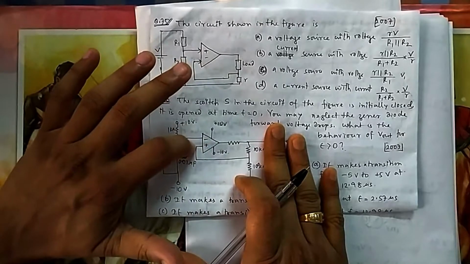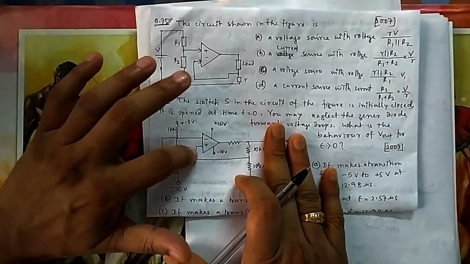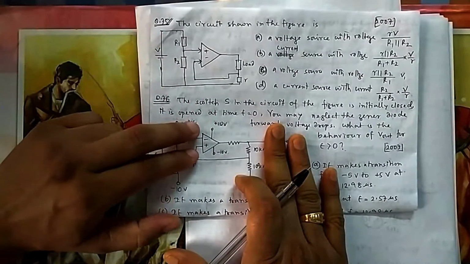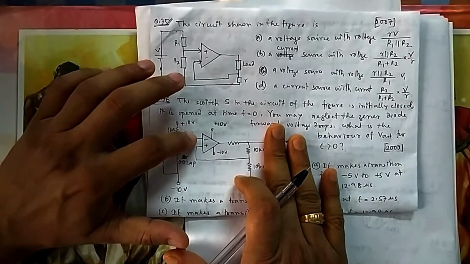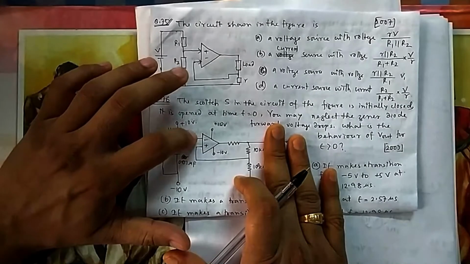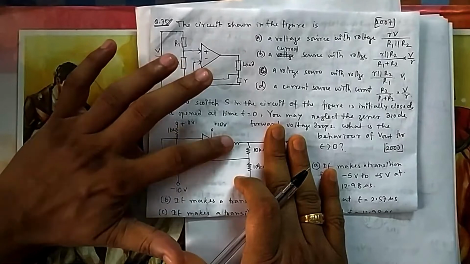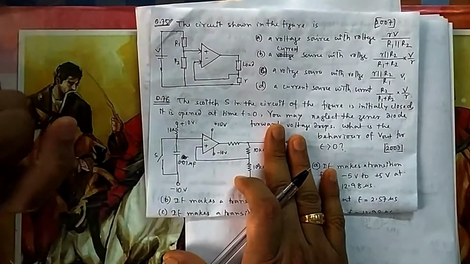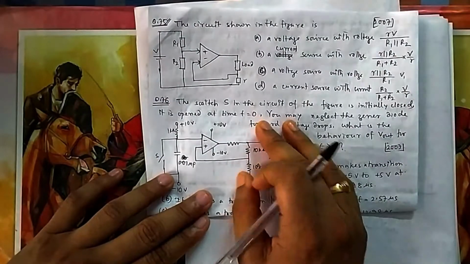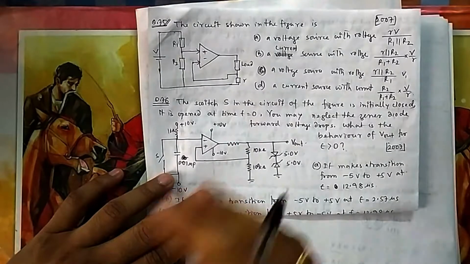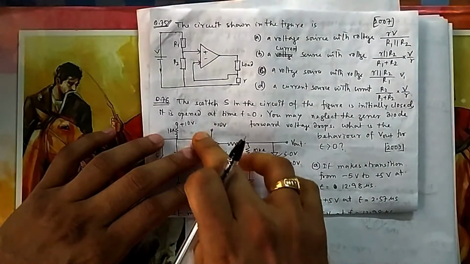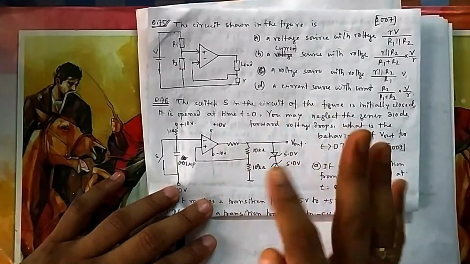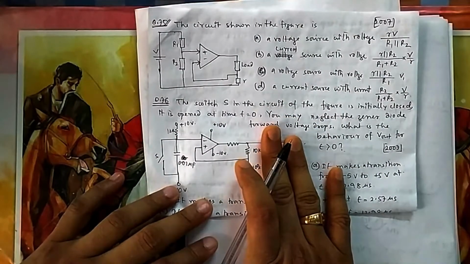It is not negative feedback, where you take this voltage equal to this voltage and do nodal analysis, not that way. So here it will compare these two voltages. If this voltage is higher, then the saturation will be negative of this voltage. If this voltage is higher, then saturation will be positive 10. So that is the idea. So it will be either plus 10 or minus 10. That was the normal case if I don't include this zener.